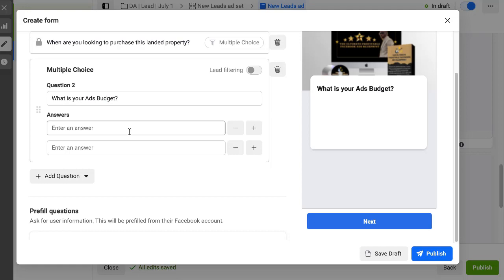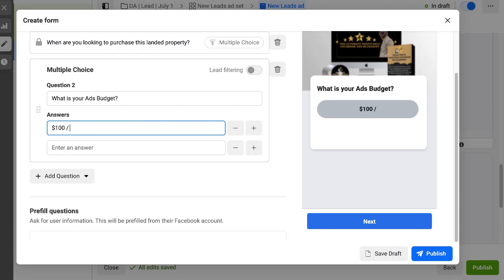Now let's assume you run an arts agency, or you manage an arts agency, and the kind of clients you are looking for are people that are spending like $1,000 per day on art. Listen, this is just an example, right? Of course there are people doing that. So you can specify here what is your art budget. So you can say something like